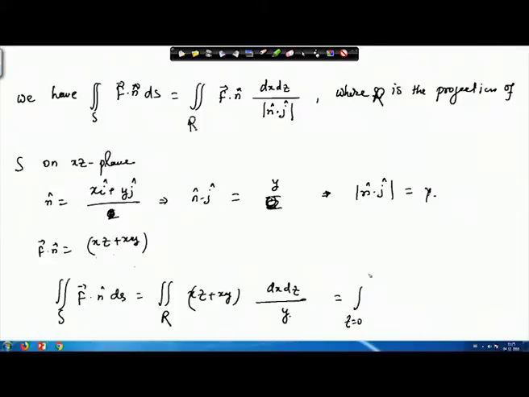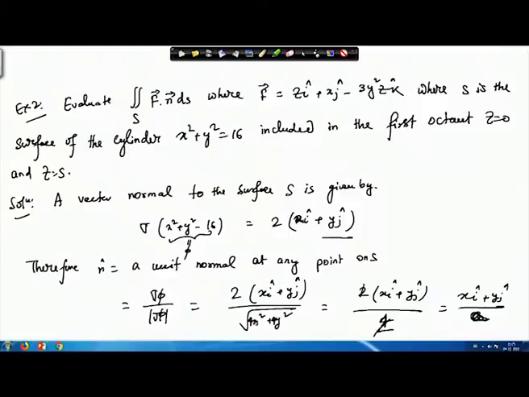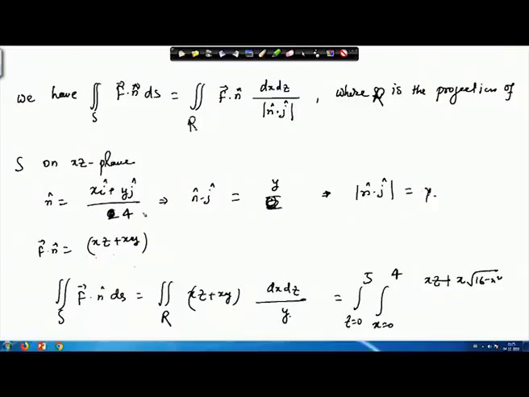Z will be running from 0 to 5, and x will be running from 0 to 4, xz plus xy. So, y will be 16 minus x square. So, this is here 4. So, this is 2, and this will be x square plus y square. So, here it will be 4, right? Yes. So, it will be 4 here, and then there will be a 4 here. So, y by 4, this is also y by 4, and this is y by 4. So, this will be by 4, and this is by 4, and